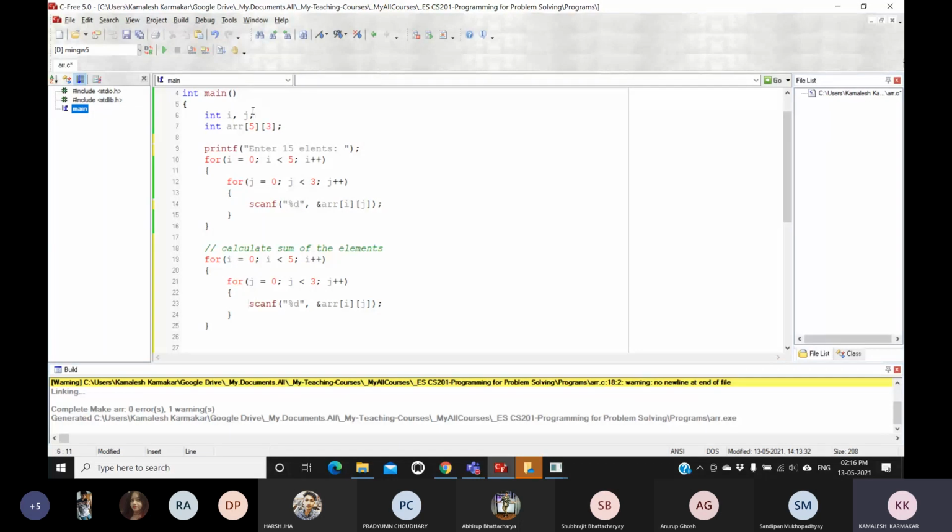So I am going to declare one variable, sum. Sum is initialized to 0, so that garbage is not allocated. Here in this loop, I will use sum plus equals arr[i][j].